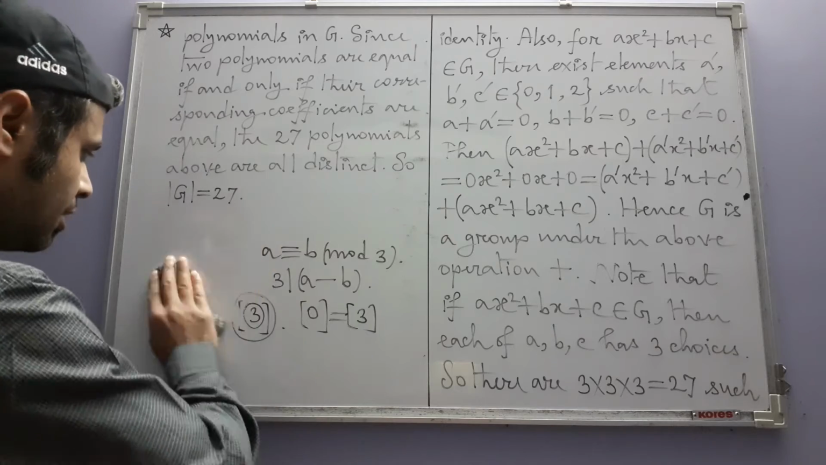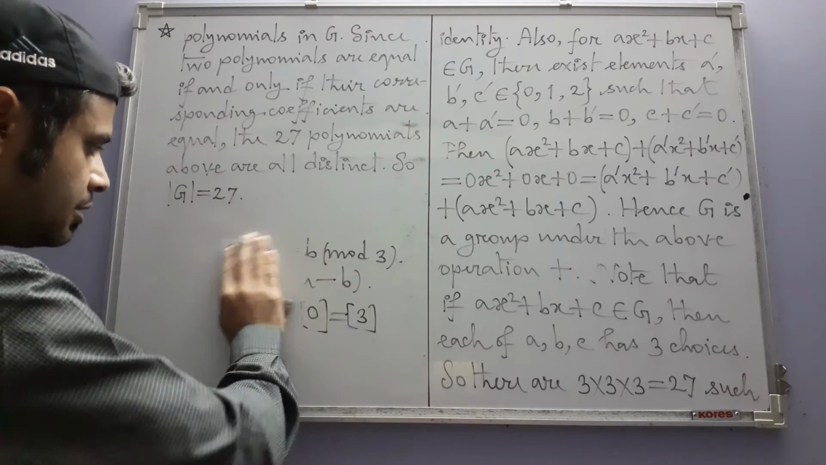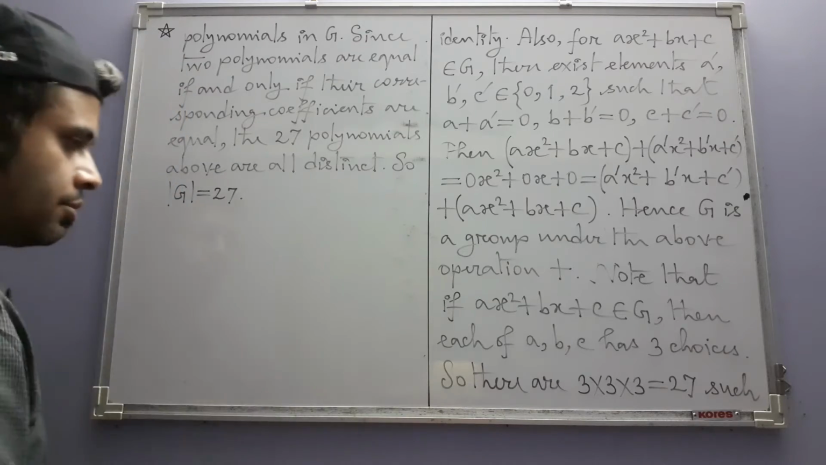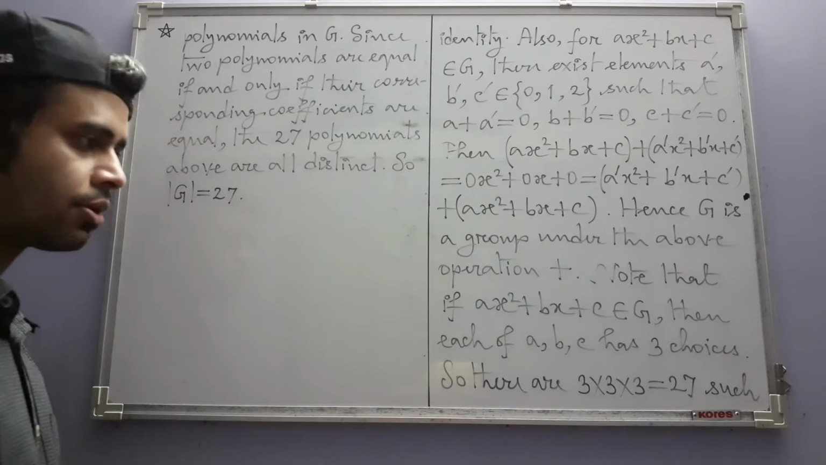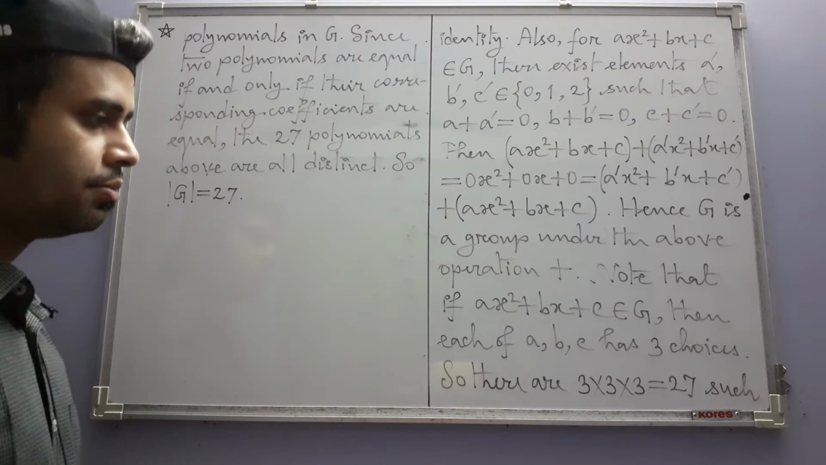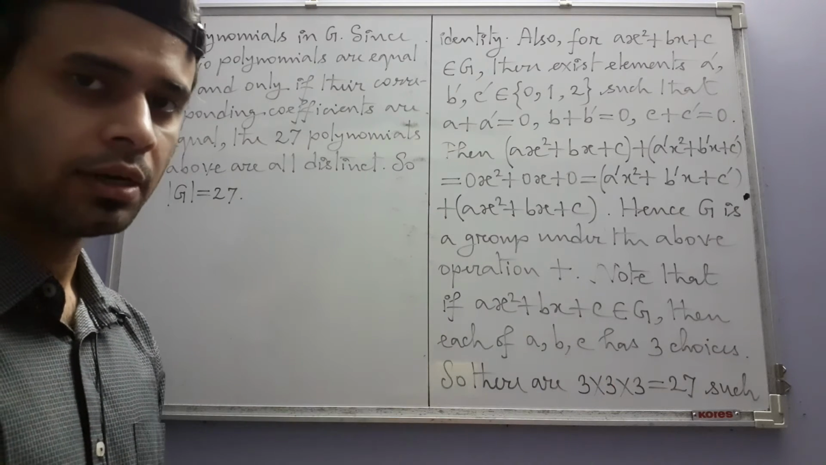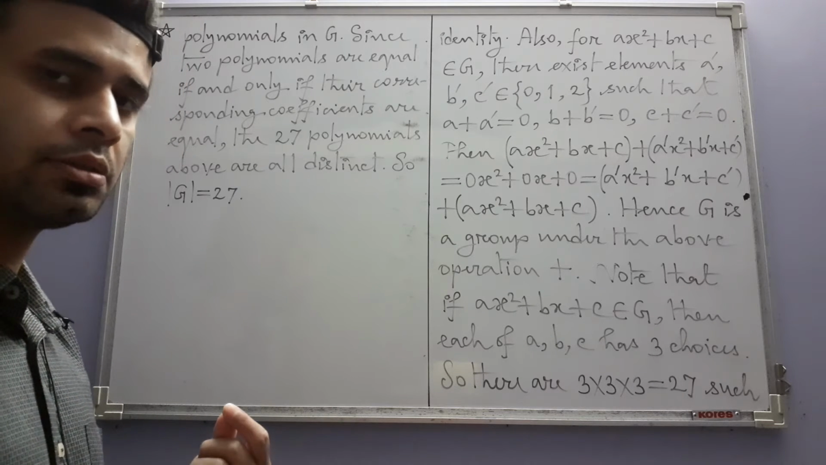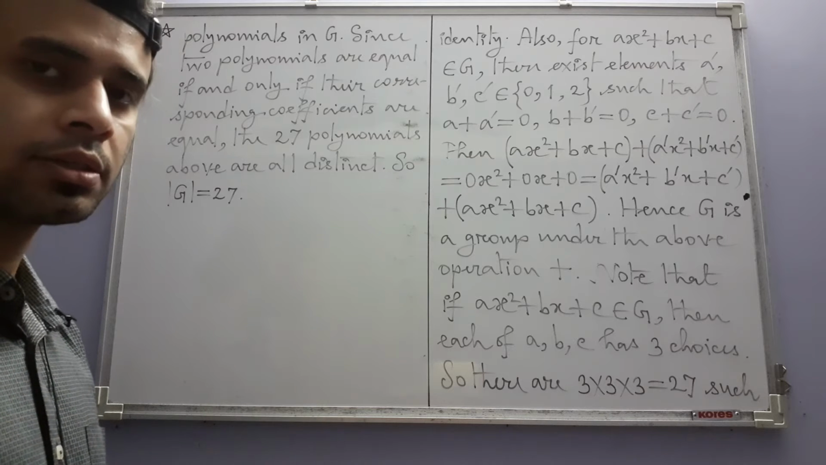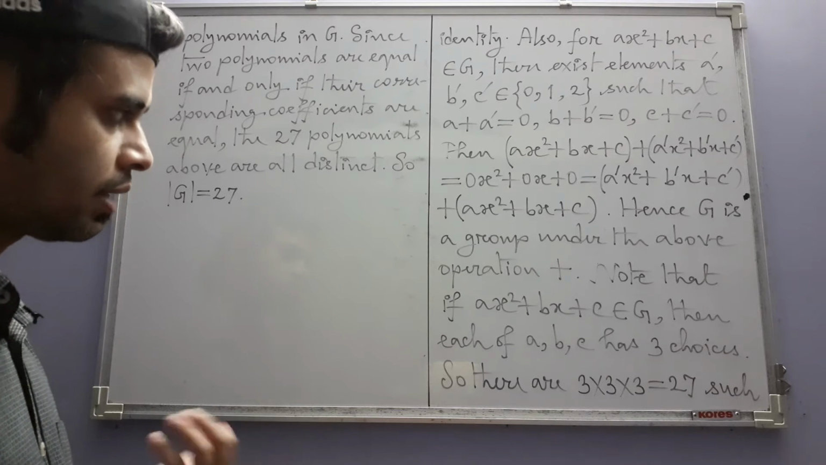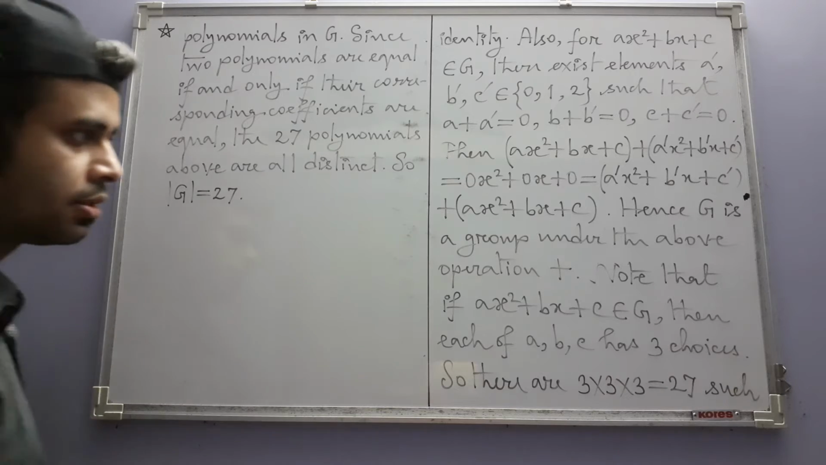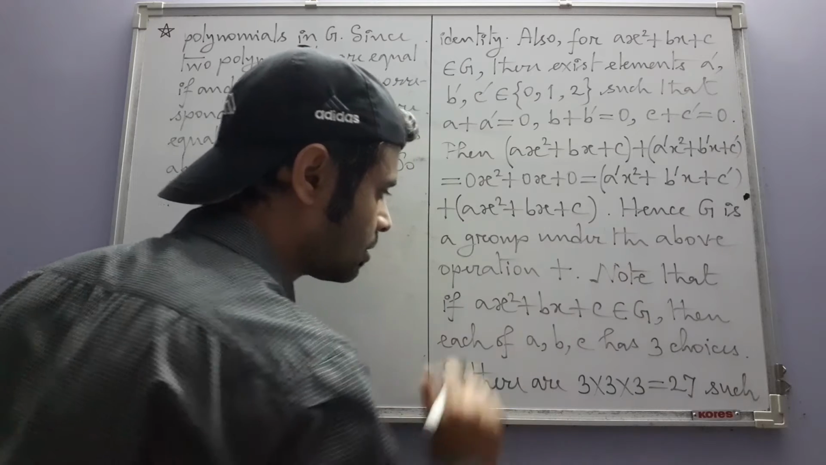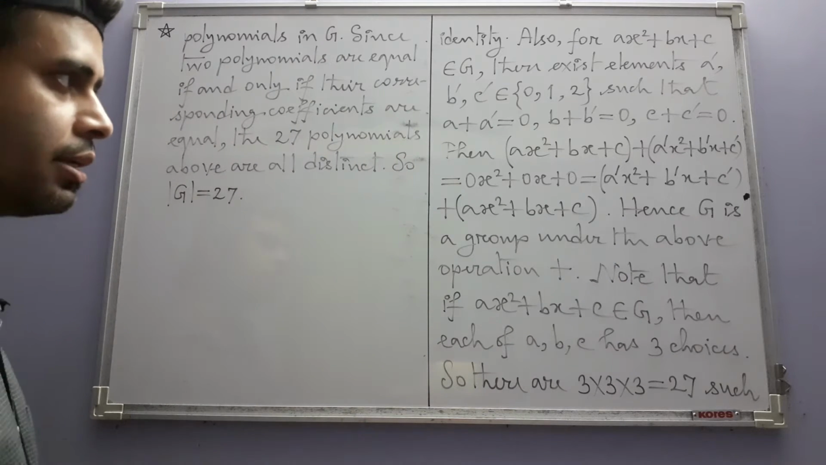Okay, so we have got the second part also, that G has 27 elements. Now finally we have to somehow conclude that G is not a cyclic group. You see, because G has 27 elements, for it to be a cyclic group, there should be one generator whose order should be equal to 27. However, you can almost easily see that the order of an element cannot exceed 3